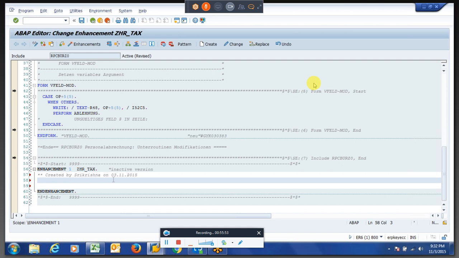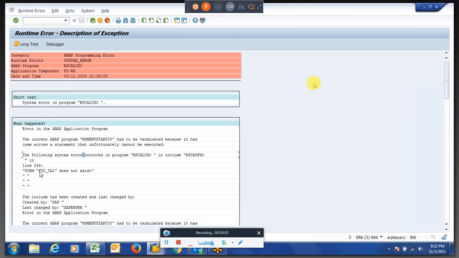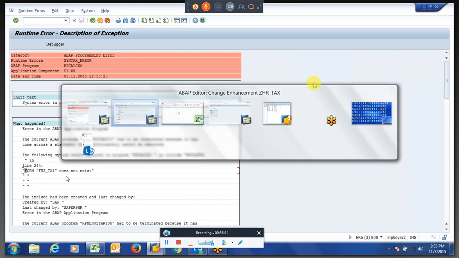So what we actually required is this: whenever you are running international payroll, you are getting a dump stating that this form does not exist. This was created through PE04, so this was created dynamically. So we have to create a form here.